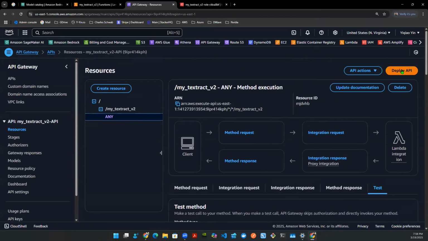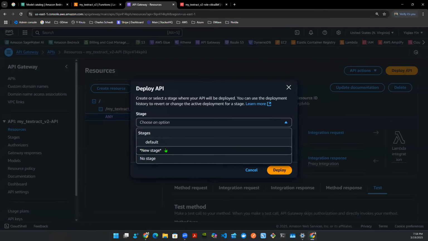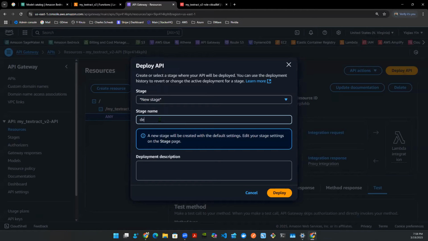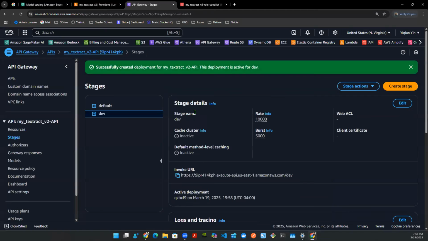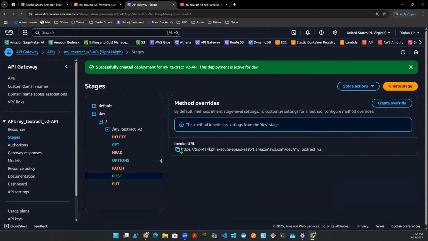So I'm going to go ahead and deploy it. I'm going to pick a new stage name called dev, and then I'm going to go ahead and deploy it. This will give me an invoke URL. So by clicking the POST method, boom, just like that, that's my invoke URL. So I'm going to grab that URL,